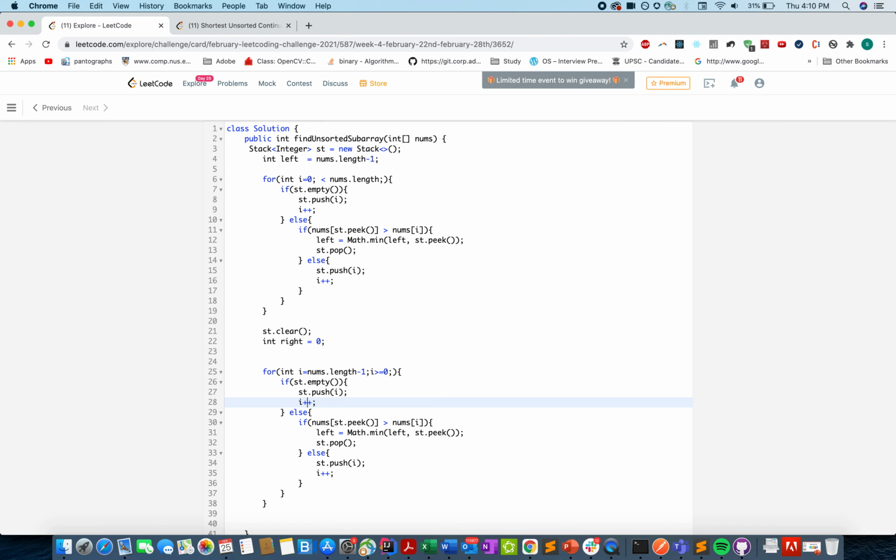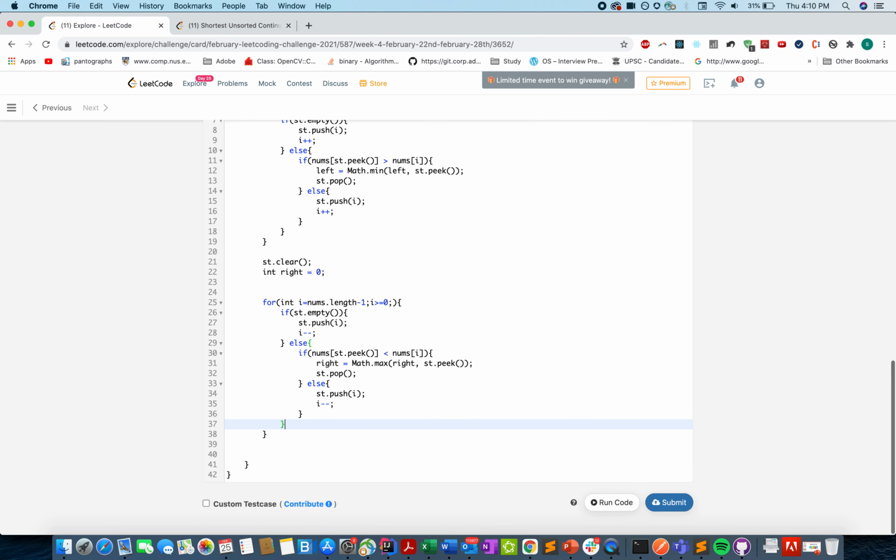And if the stack is empty, we'll add elements to it. If nums of the peek value happens to be less than the current value, that means there is a mismatch, and right gets updated with the peek index, and here we will use max instead of min. We'll remove that element. Otherwise, if it's not an unsorted case, we'll add onto the stack, and we'll move to the next iteration.